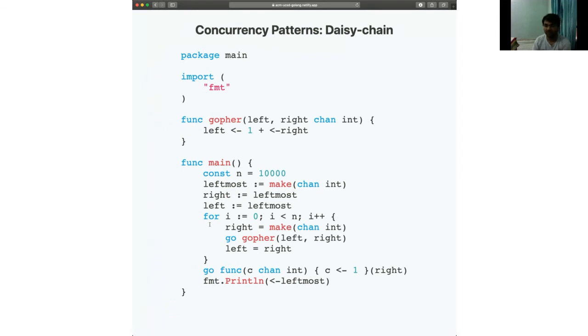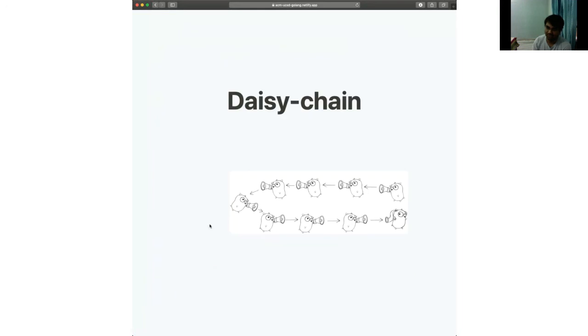Right. So now let's look at another concurrency pattern. This pattern is called daisy chain, but I don't really know why it's called that. But yeah, I guess it's an interesting name. Let's first look at the Gopher diagram for a daisy chain concurrency model. You have this one Gopher who shouts his message into a megaphone. Another Gopher hears it. He shouts his message. Another Gopher hears it, and so on, and so on, until finally the guy who wanted to hear it actually gets the information.